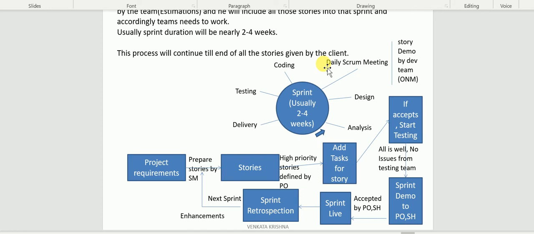These 3 things they are going to discuss in this daily Scrum meeting. Okay, fine. Next, we have added the tasks, we are ready with our test cases and test scenarios, and the development team is also ready with their developed code from their end. They need to give the demo to the testing team, because in older days, you know,